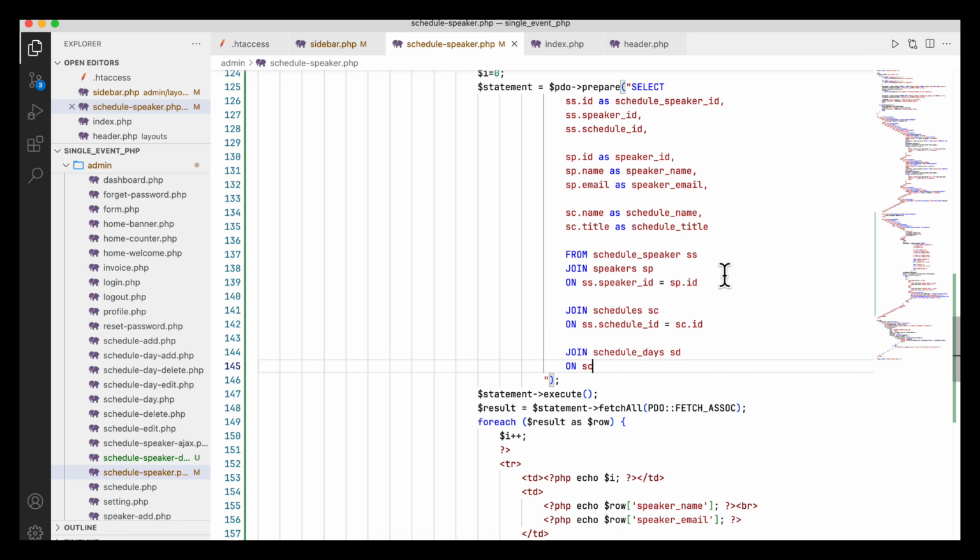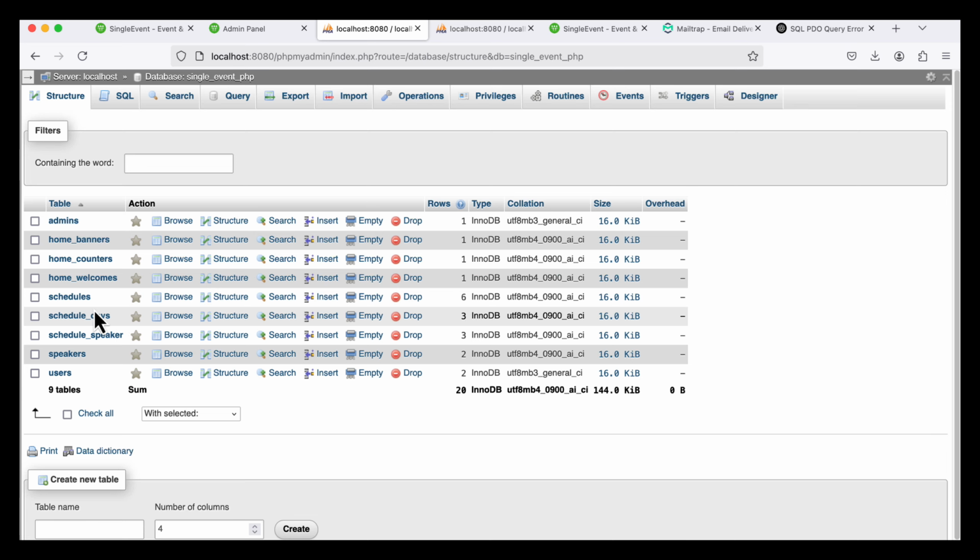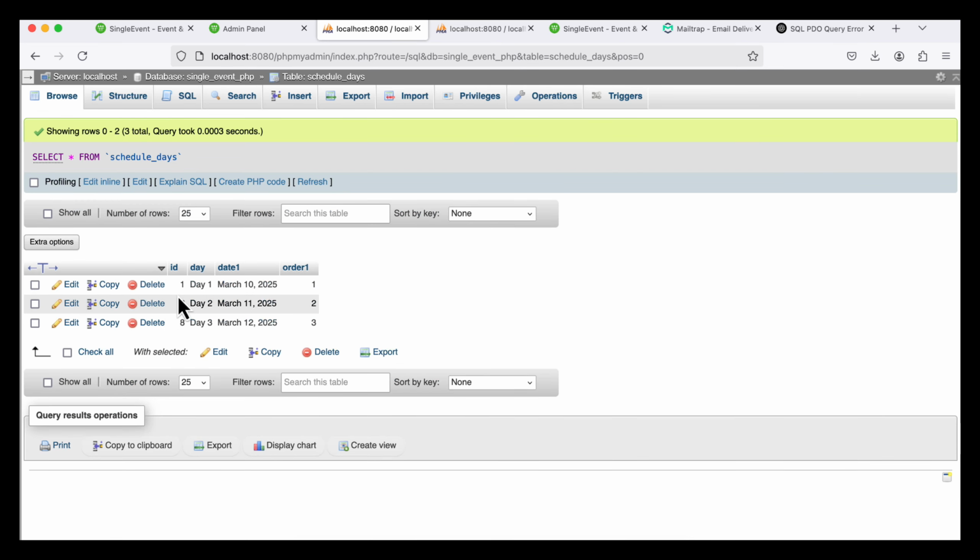Schedule days will have a relation with the SC, and here SC.schedule_day_id equal to SD.id. So SC, the schedule, has schedule day ID, and this ID is actually the primary key of the schedule days table. That means in the schedule day table, SD.id. So I put that here,